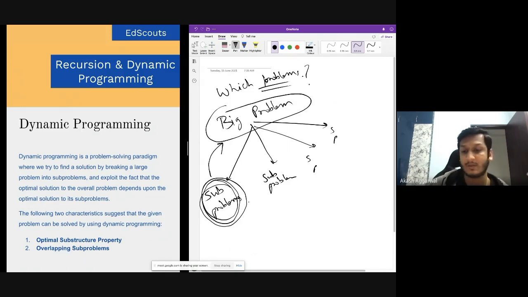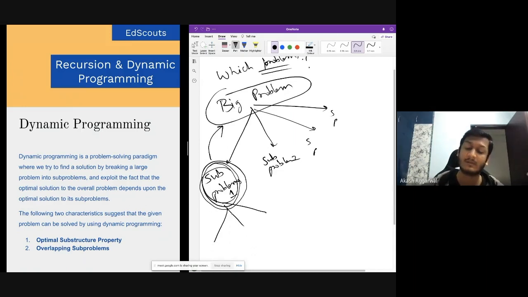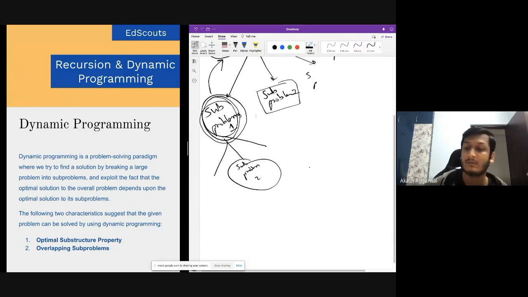Then overlapping subproblems. So there can be a case when we are computing these subproblems, what we will see is, for example, this was subproblem 1, this was subproblem 2. We can see that while calculating the subproblem 1, we were actually again calculating subproblem 2, right? So while calculating the subproblem 1 itself, we might have calculated subproblem 2 here, but again, we will be calculating another subproblem 2. So let's look at an example first to actually understand this.